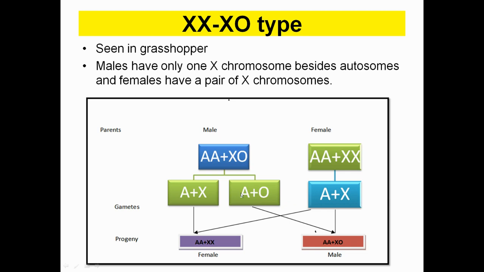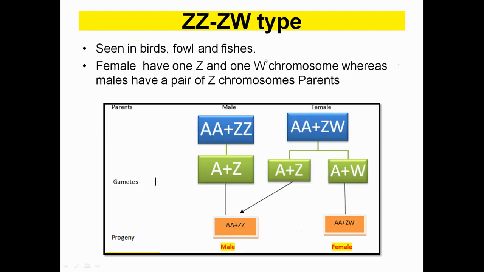Here some of the sperm will have an X body and some will not have any sort of sex chromosome, and the female is going to have all the X chromosome. However, in male we have XO type of sex chromosome. The X chromosome will be there only for the sex demarcation, and another of the pair will be missing in the male. Okay, so now come to the ZW type of sex determination.